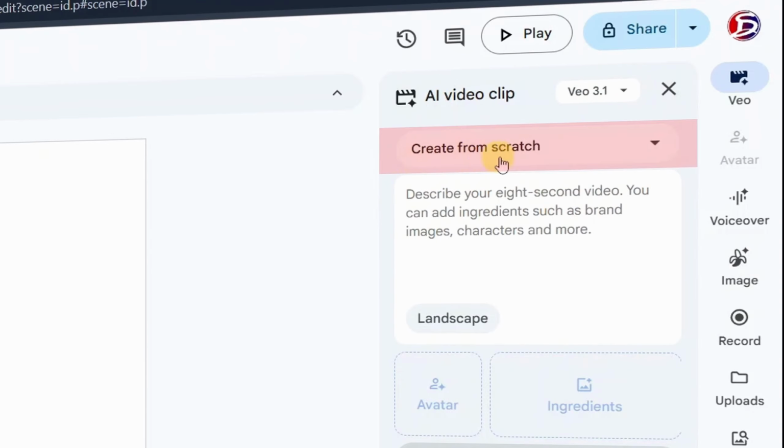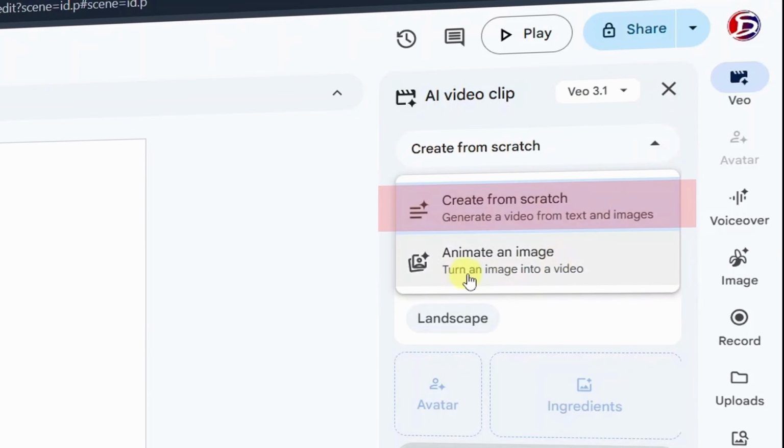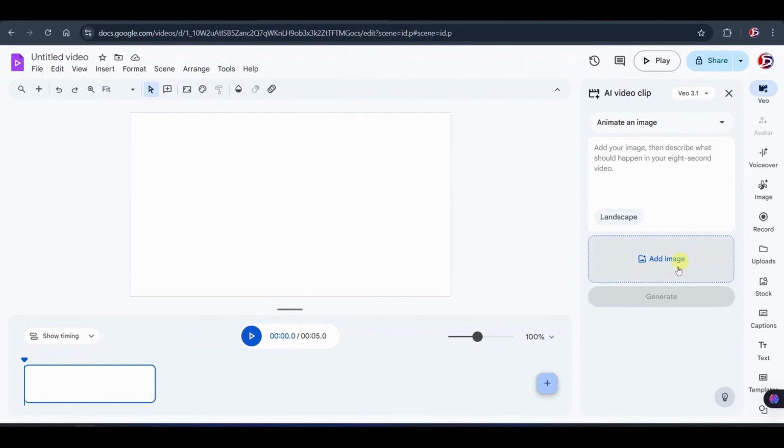Then you select this drop down where you can select either to create your video from text, which is create from scratch, or you select turn an image into a video by adding your own image if you have it ready. You add your image here, add your prompt, and you generate. I'm going to try the two options,